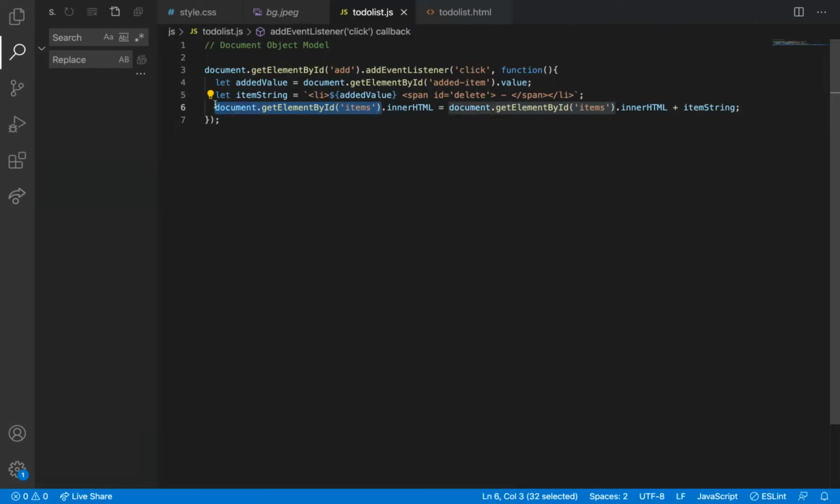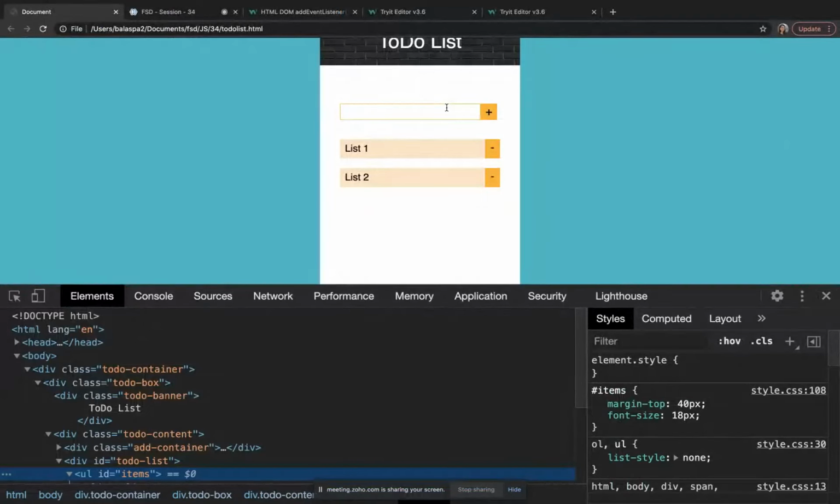So I'm getting it, adding one li, and then again putting it in the same division. I'm getting something from the division, adding some string to it, and copying it back in the same div. So I hope it works fine. Item 5, yes, it is working.